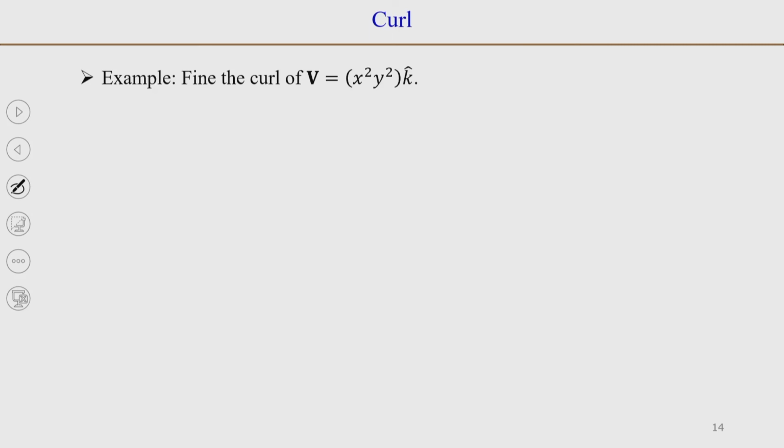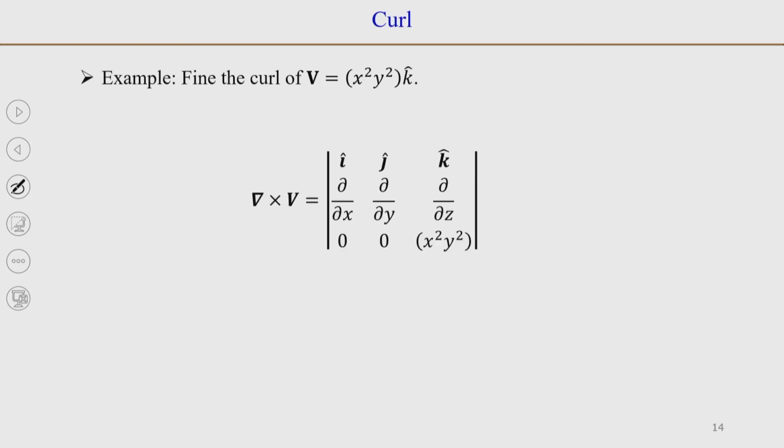Now, again let us do an example to find the curl of a vector v, where v is equal to x square y square k, and the other two components along the x and y directions are 0. So, if we find the curl of this vector, v x is 0, v y is equal to 0, and when we simplify it, we will get only two terms. So, 2 x square y i minus 2 x y square j will be del cross v.